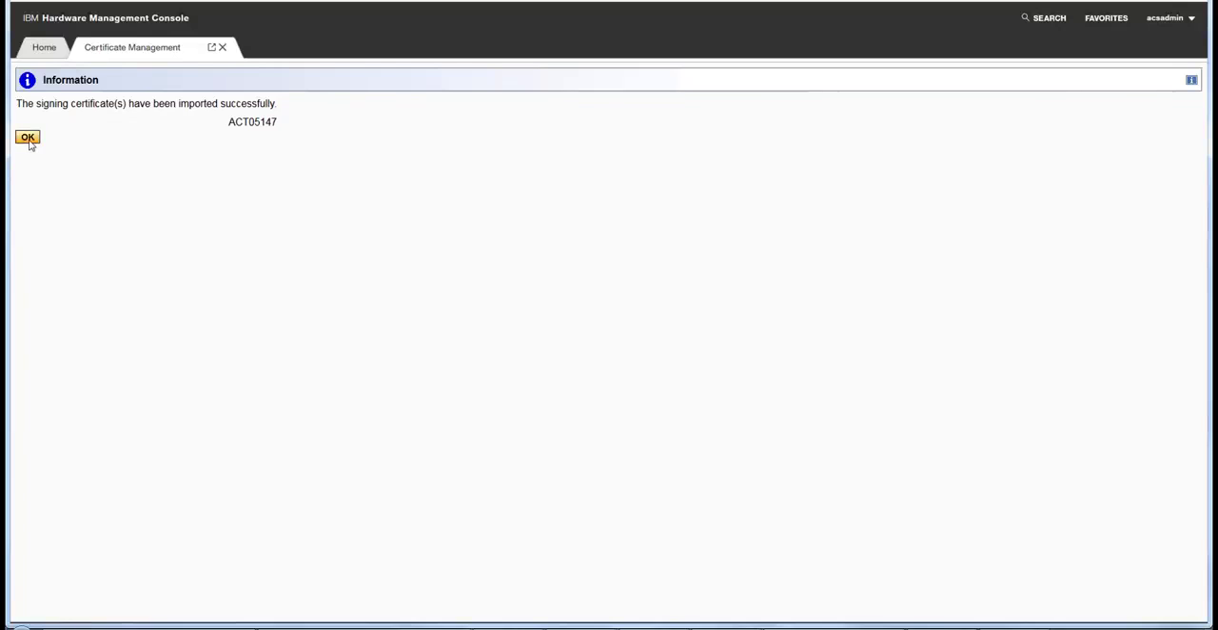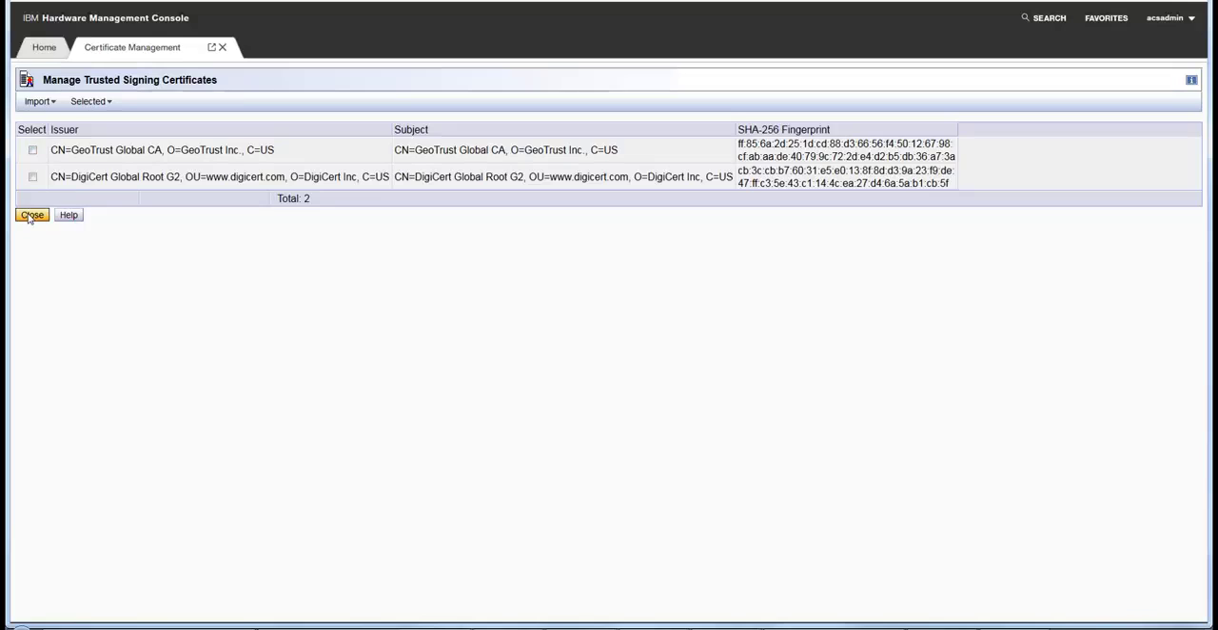After the certificates have been successfully imported, click OK to return to the updated list of trusted signing certificates. That completes our demonstration of the two most commonly used certificate management